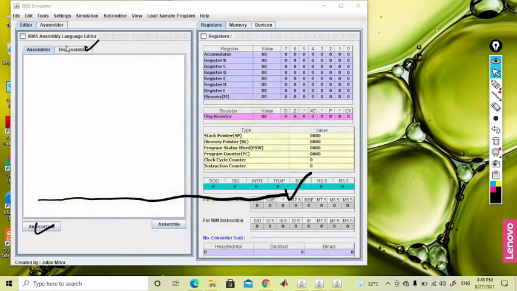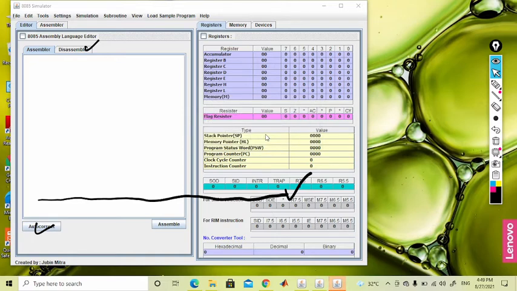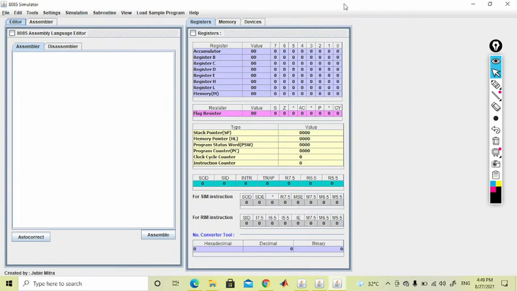Here you can see the page like that, and in this page all the complete blocks which are present in your 8085 architecture are shown.